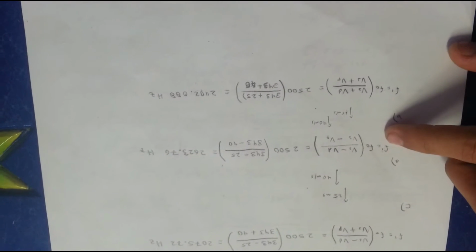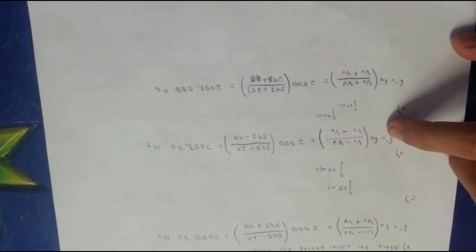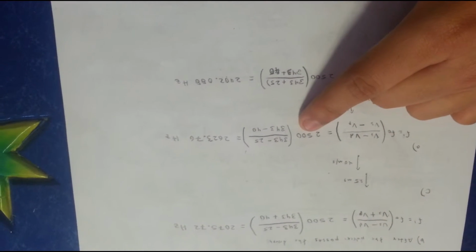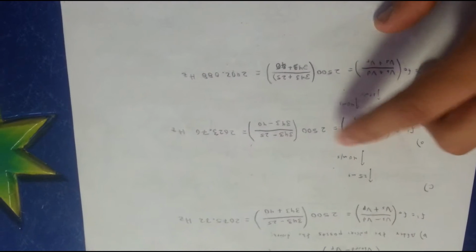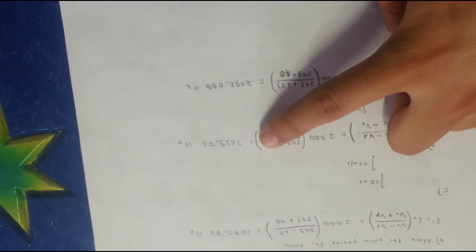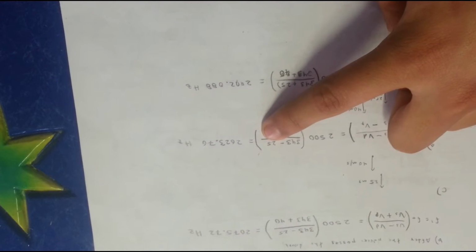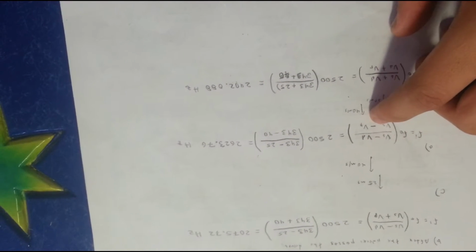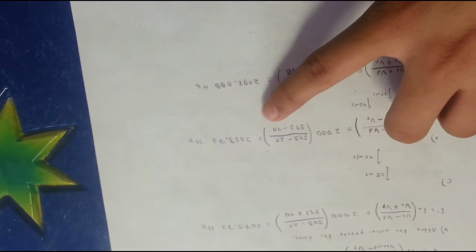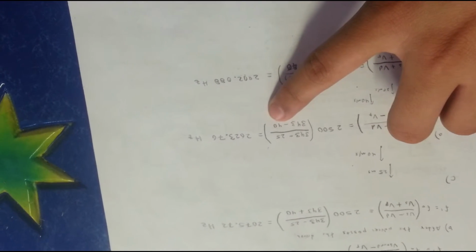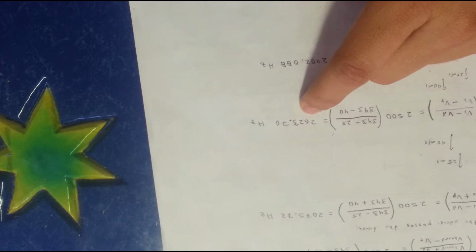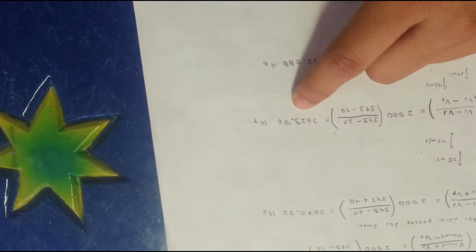So in case A, here we have that the frequency that the driver hears is the frequency of the police, that is this one, times the speed of sound, that is this, minus the speed of the driver, that is getting away from the police, between the speed of sound, that is this one, minus the speed of the police that is approaching the driver. And here we have that the driver hears this frequency, that is 2623.76